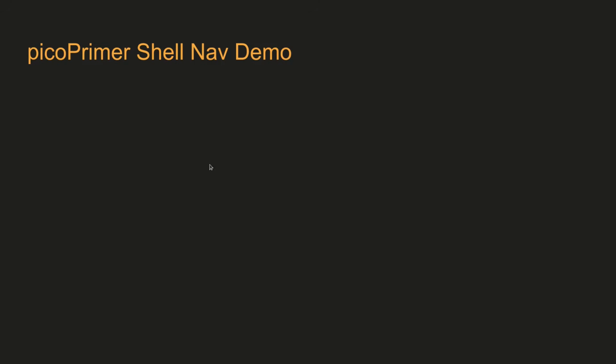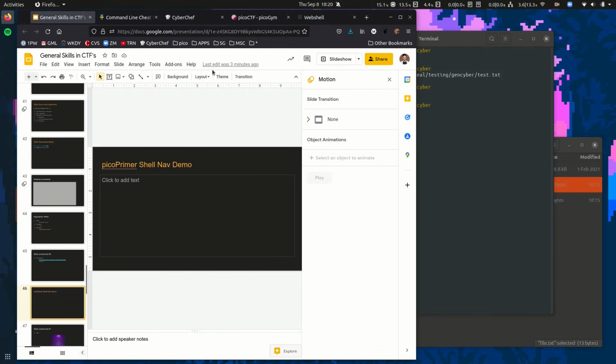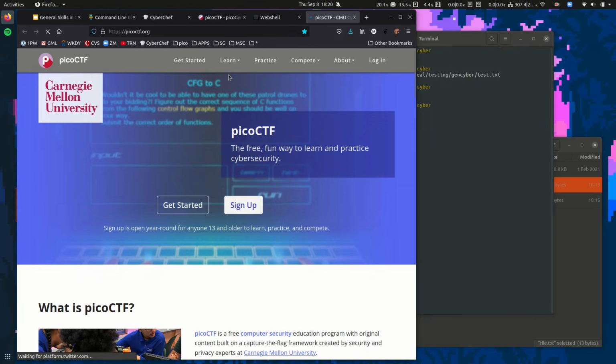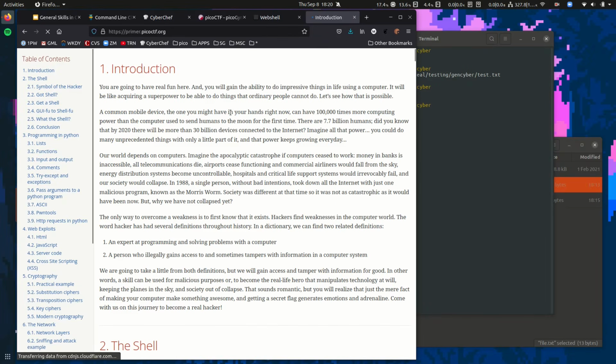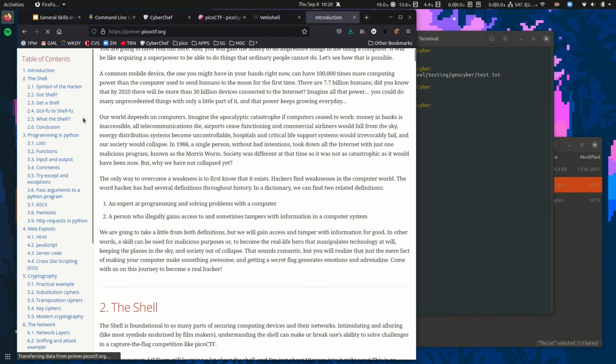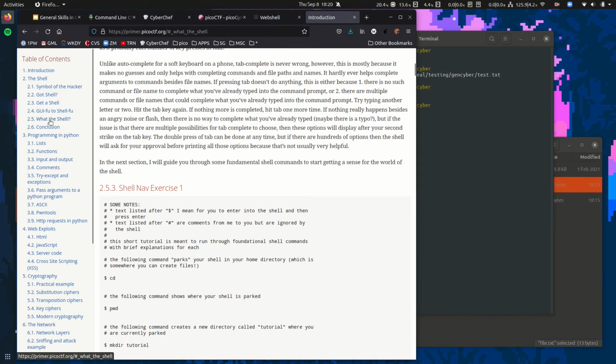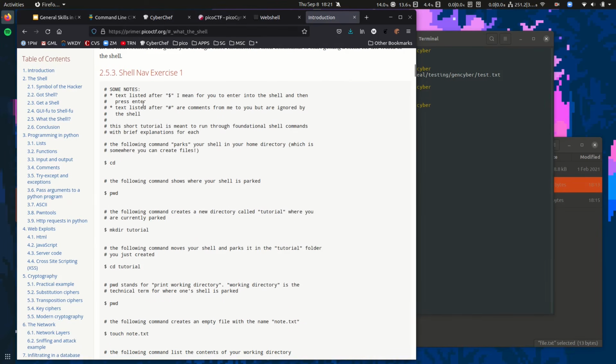So here's something I want to show. I'm not going to demo it. I could demo it during our Q&A session, but for right now, I just want to show this shell navigation demo. If you go to picoctf.org, click the Learn tab, Primer, go to the shell, and then go to What the Shell subsection.